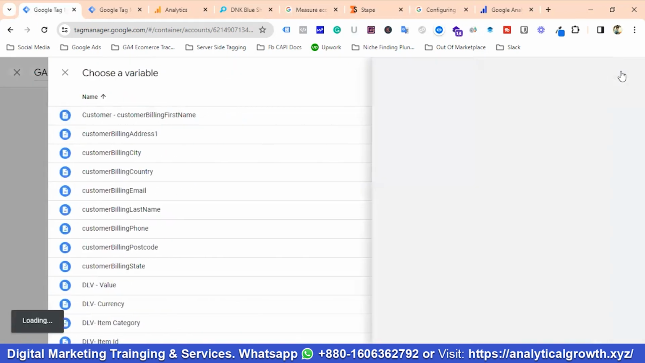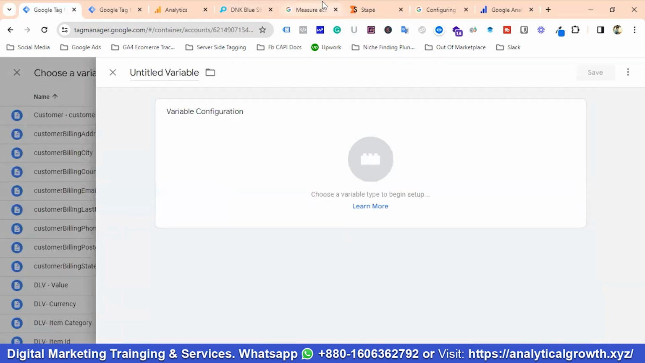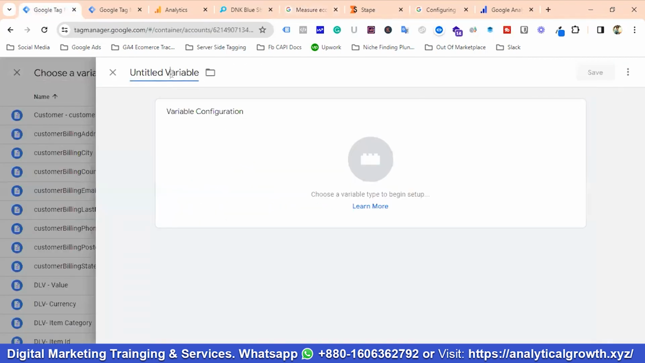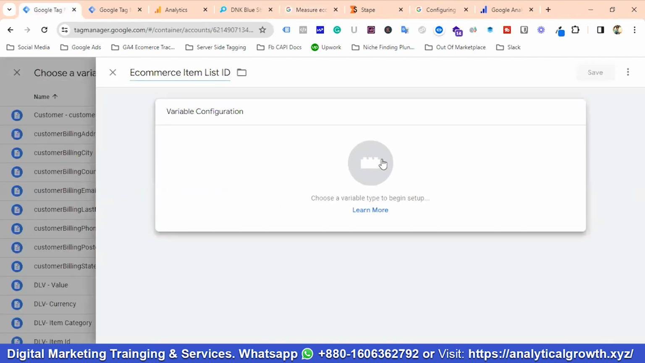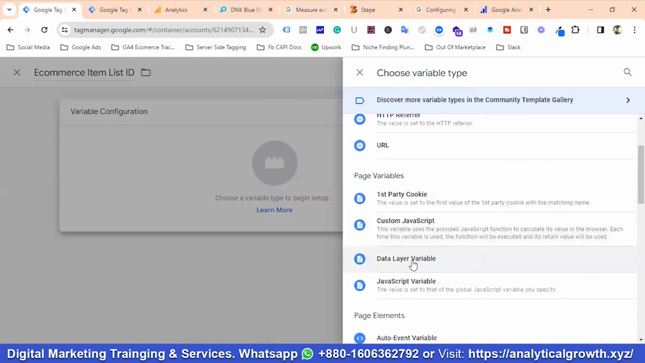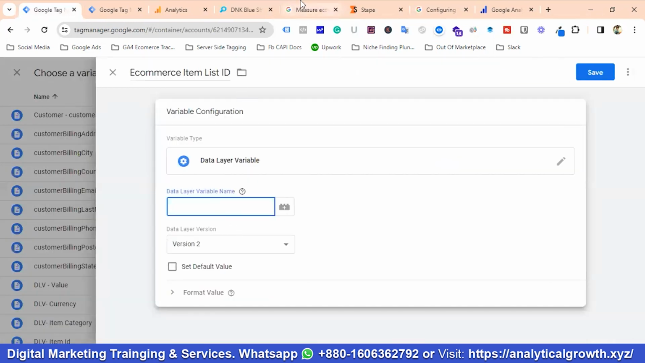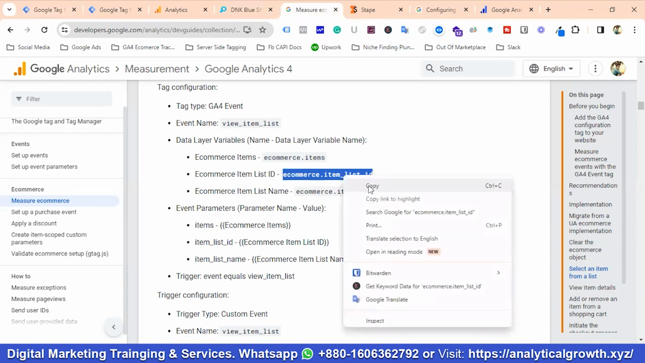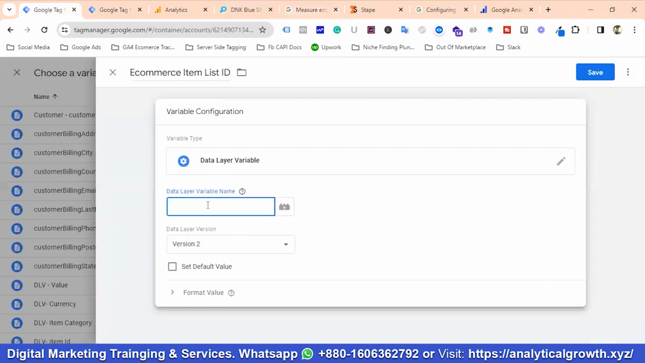So for creating a new data layer variable, you can click on this and click on the plus button, and you can name the data layer variable like this, e-commerce item list ID. I'm going to copy the name from here and paste it over here, and I'm going to be choosing data layer variable from here, and copying the value from here, e-commerce.item.list ID. Okay, so I'm going to click on save,